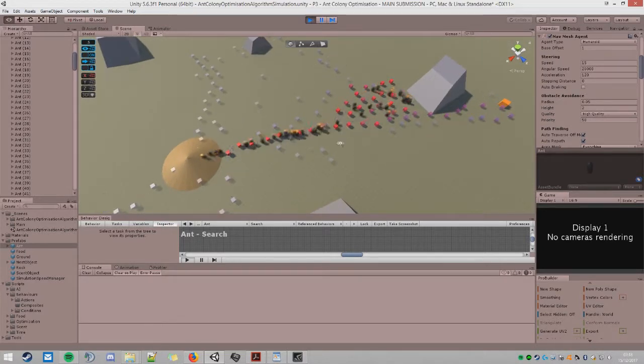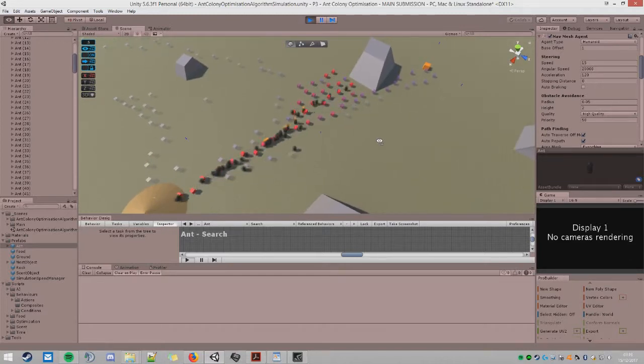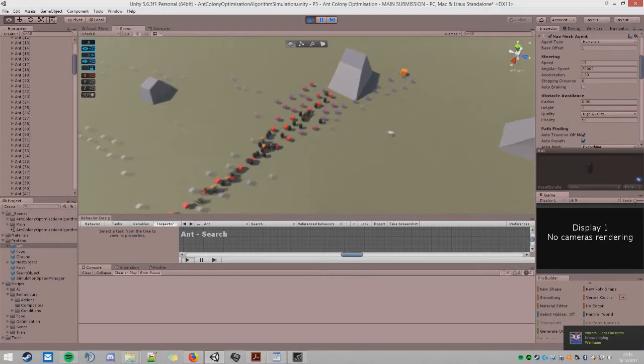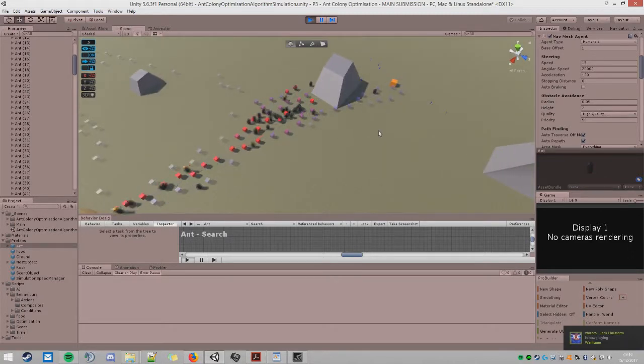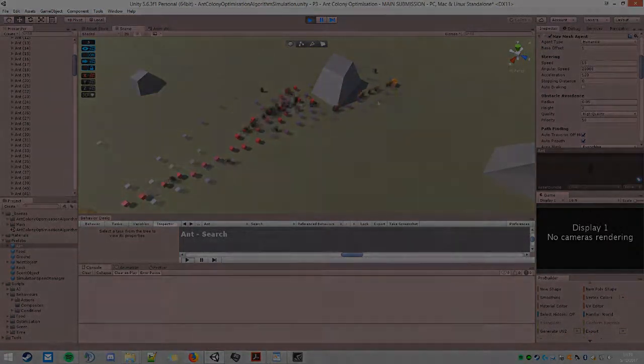So yeah, this did take a lot of balancing to get the scent values and so on correct, but it has paid off. And now they're starting to move towards the food. They tend to move as a group,